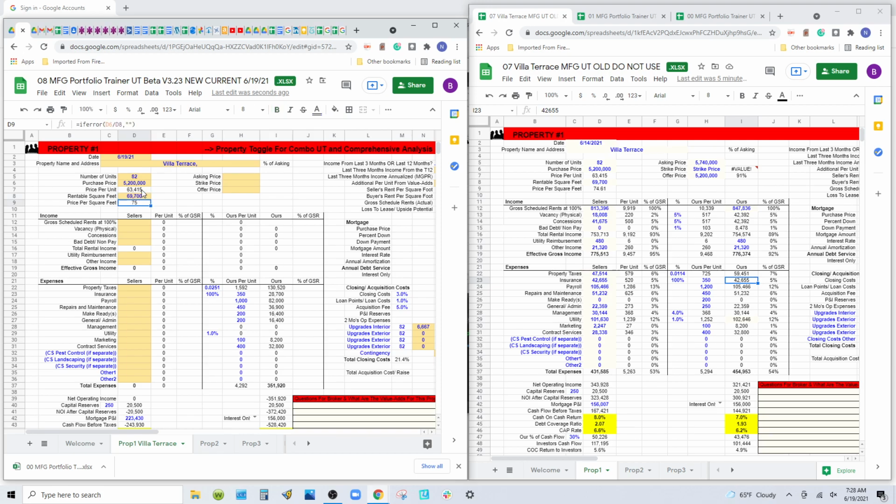69,700 is the square feet. We've got a revenue of 813,396. Physical vacancies 18,008. Concessions are 41,675. Non-pay on this one is 0, so we know that's probably been rolled into one of the other numbers. 480, very low rubs,